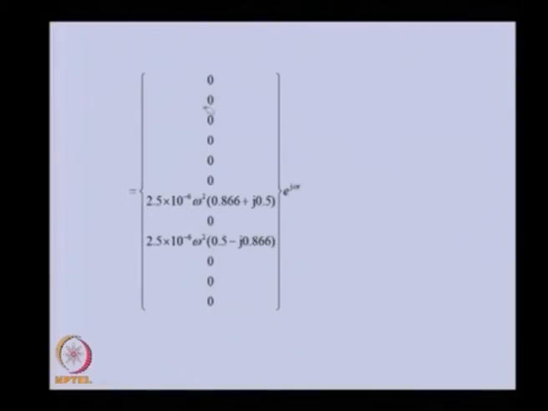Only the terms containing the unbalanced force will be there on the right hand side, but other reaction forces and moments, if they are appearing, like at nodes 1 and 4, shear force will be 0. So the corresponding rows and columns we have eliminated. So only known unbalanced forces are here.